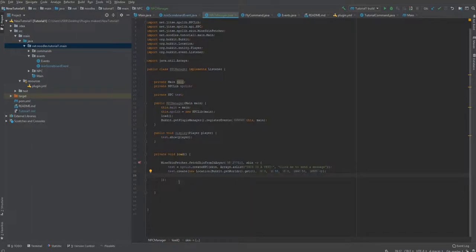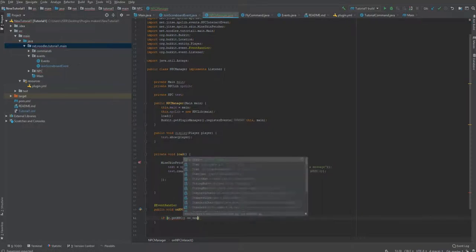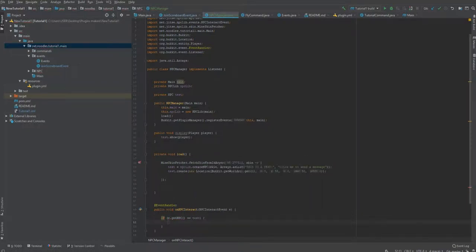Now we're not done yet. So pretty much now we actually have to create our event handler to let the NPC do something. So we're going to do public void onNPCInteract. We're going to do NPCInteractEvent, we'll call it e. And then we're going to do if e dot getNPC equals our name, we're going to do something. In this case, we're going to send the player who clicked the NPC,